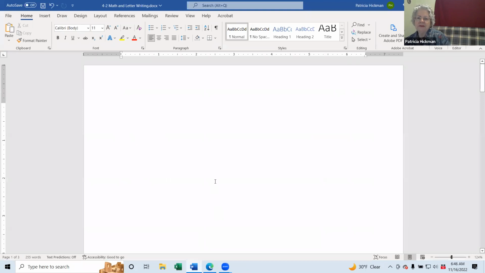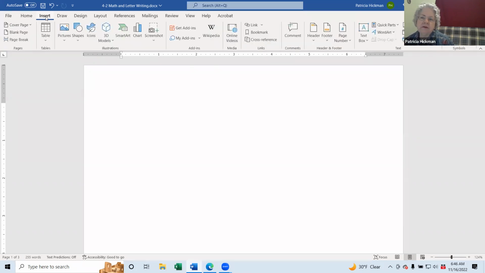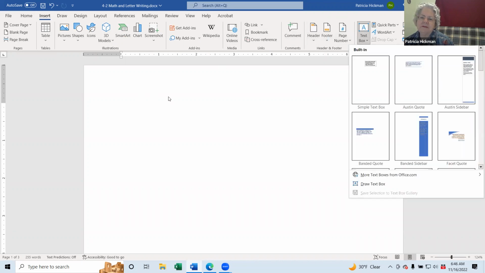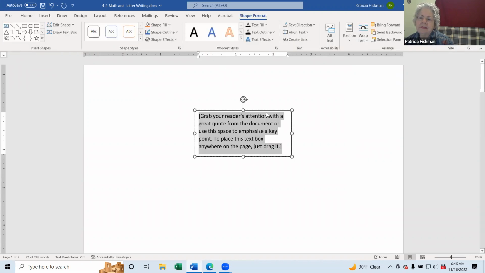You can do this in Publisher. It's just practically the same. I want to insert a small text box, and we're going to start showing how to do a mathematics problem. Insert the text box, couldn't find it. I want to take out